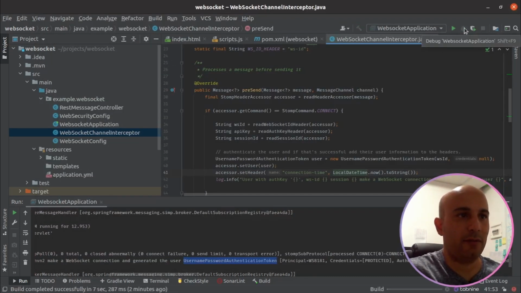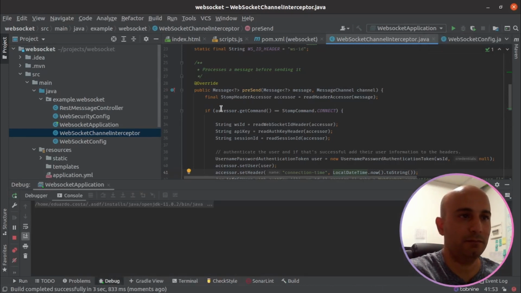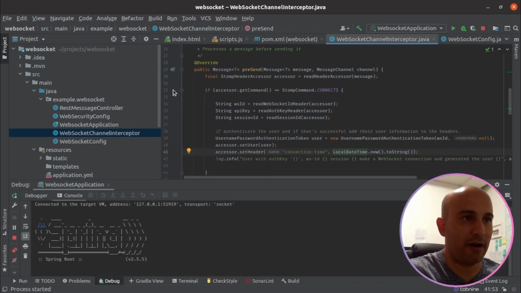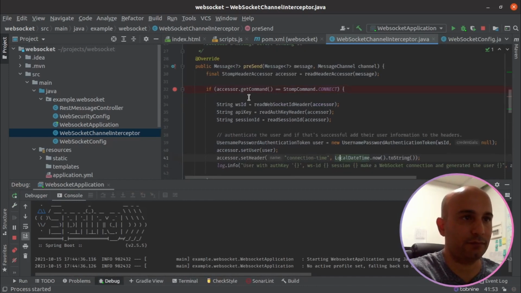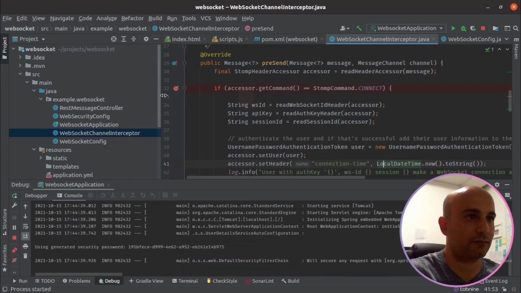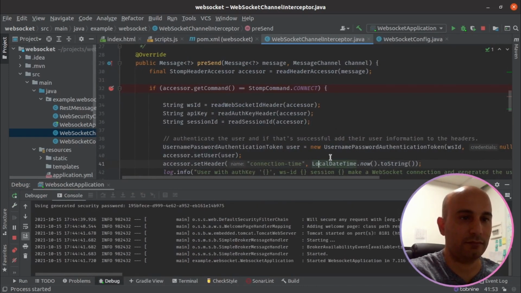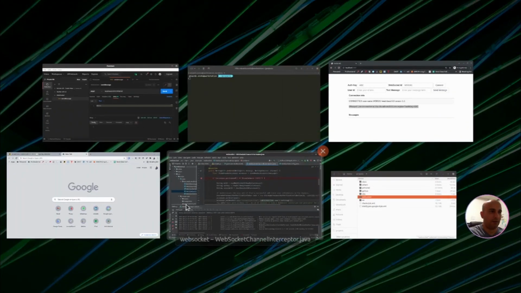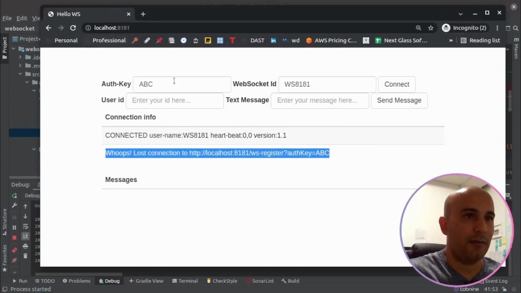I open in debug mode. Add a breakpoint here. I'm just making a connection again,